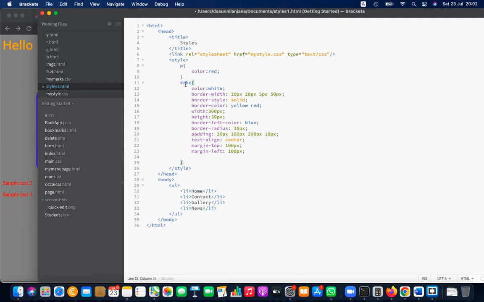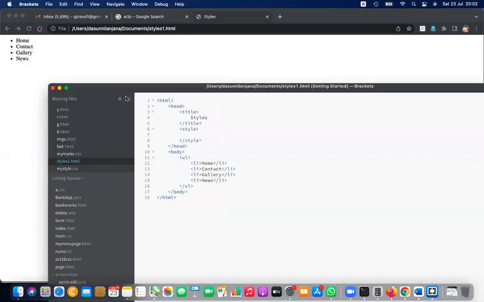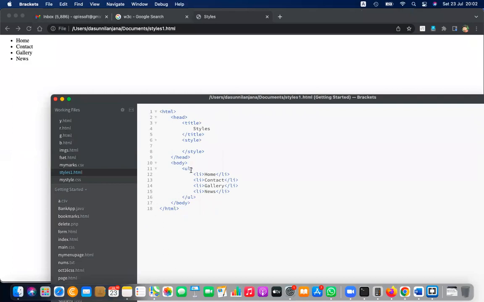And let me erase all the styles, so no styles are here. So no external styles as well. So the page has only a list: home, contact, gallery, news. So I need this to be a menu. So I'm going to assign an ID called menu to this. Right. Since this is a menu now, I'm going to put hash menu, which means this ID menu,